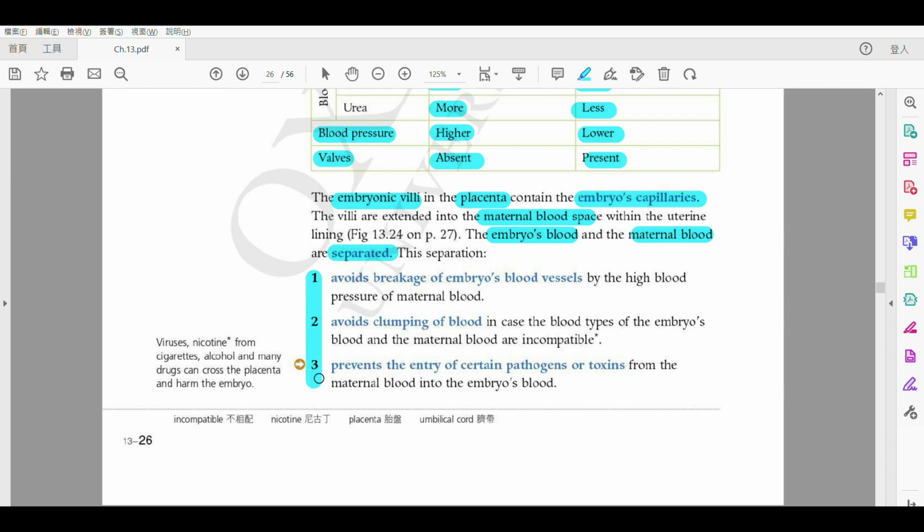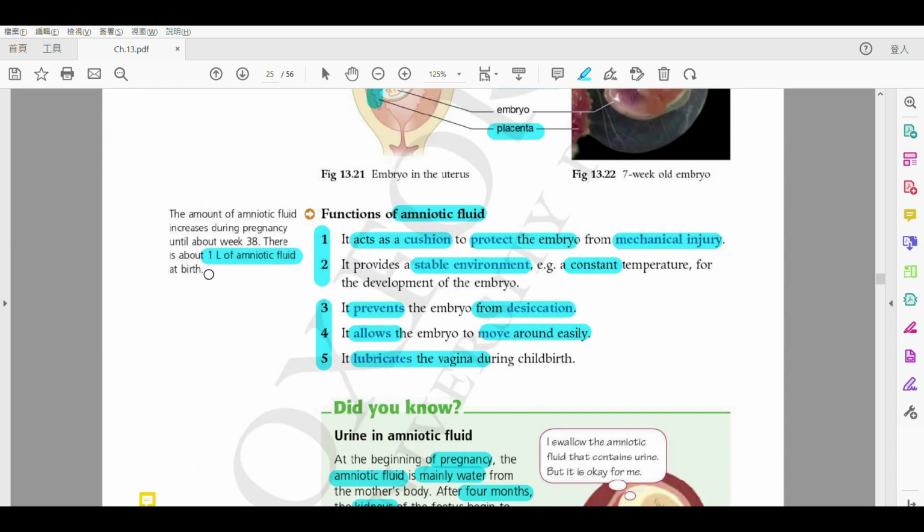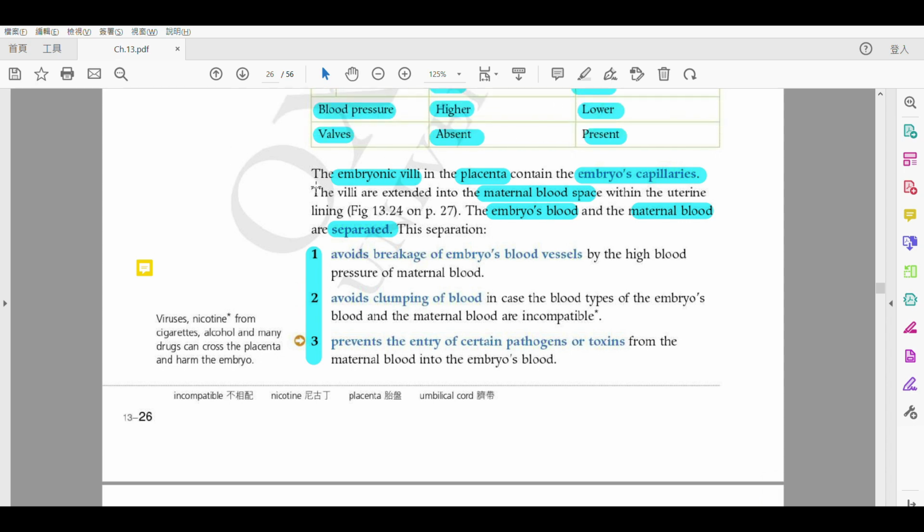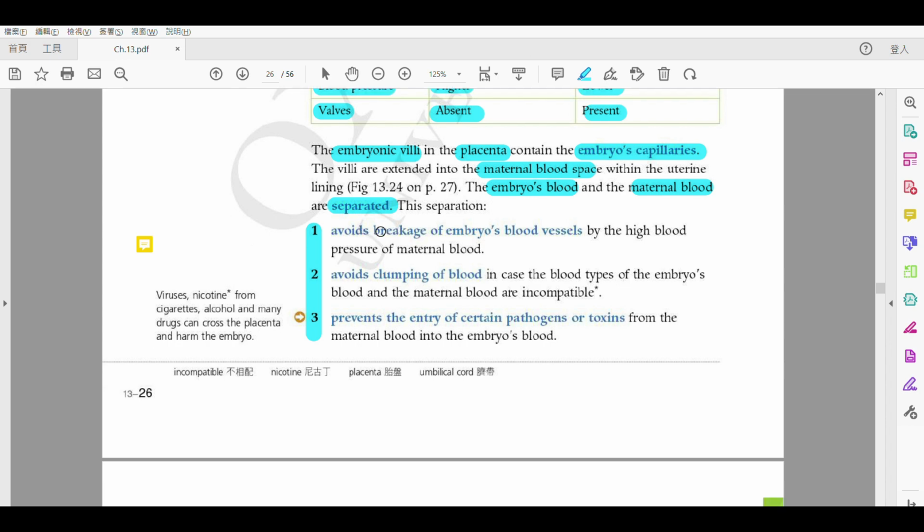Please recite this. I will have dictation with this part as well, together with a few other parts. I forgot to type it down, so please help me put it down here. This is the first one, about the function of amniotic fluid. This is the second one, about why their blood are separated. There is a third one that we'll talk about later. So why are their blood separated? The first reason is to avoid breakage